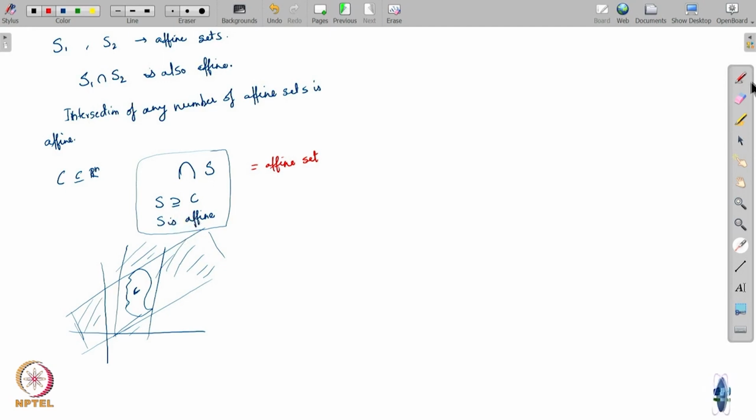This intersection is actually the smallest affine set containing C,